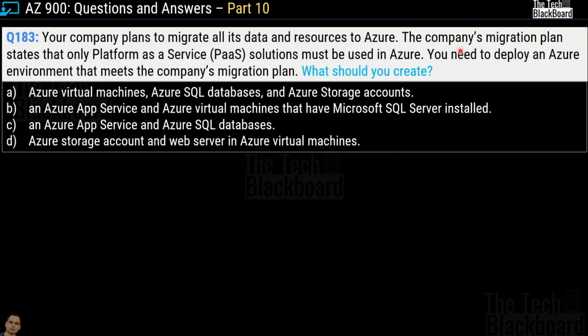And here comes question number 183. It says that your company plans to migrate all its data and resources to Azure. The company's migration plan states that only platform as a service solutions must be used in Azure. You need to deploy an Azure environment that meets the company's migration plan. What should you create? Your options are Azure Virtual Machines, Azure SQL Database,